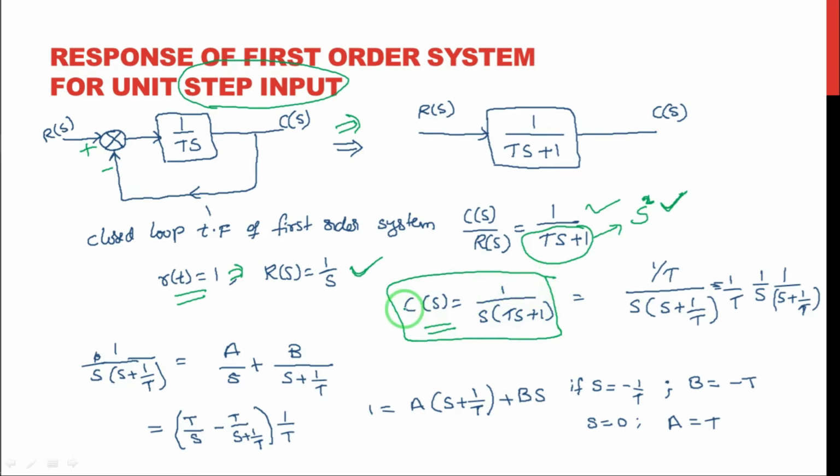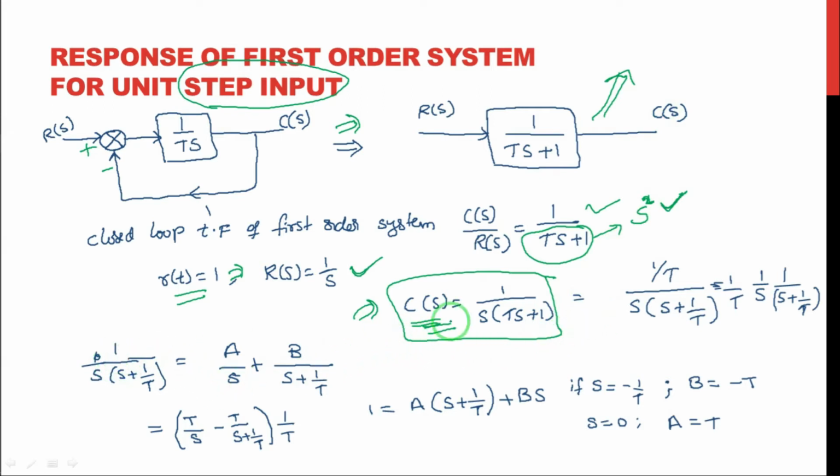After that, we have to find the C of T. We need the output response in time domain. So to get it into time domain, we have to apply the inverse Laplace transformation to this expression. Before applying the inverse Laplace transformation, we have to take the partial fractions, right? If you need more clarity about the partial fractions and inverse Laplace transformation, just click the link in the above rightmost corner.